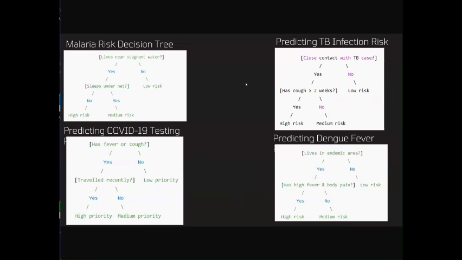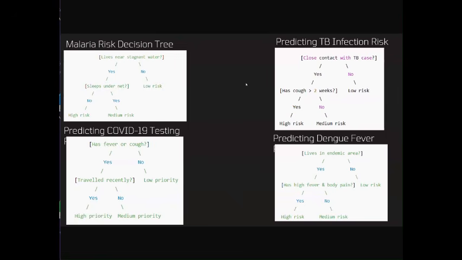During contact tracing, decision tree is what was used. Where did you go to? You say you went here. They go like that until at the end of the day, they are able to identify who is most likely at risk. Okay. So look at the